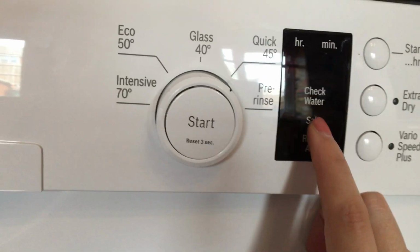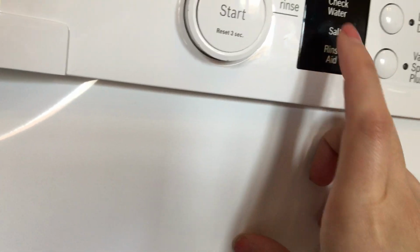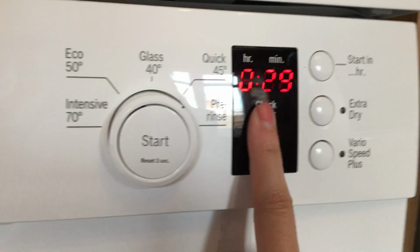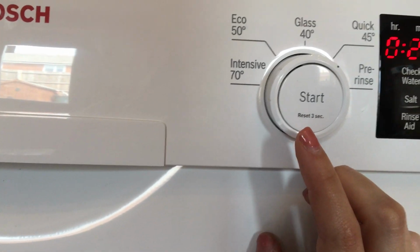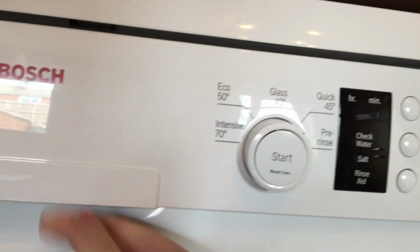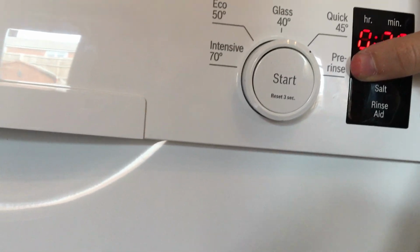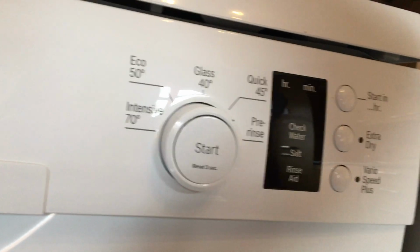You've also got here your check water indicator, your salt and your rinse aid, which tells you when all that needs to be checked and topped up. When you switch the product on, it also tells you how long you've got left, which is pretty handy. And the start button here, if you want to go back and choose a different setting if you've picked the wrong one, press and hold it for 3 seconds and it will cancel it off and you can choose a different one. It's also got a pre-rinse as well, which is handy if you're not ready to wash all the dishes because you need to put more in. You can use the pre-rinse, which will rinse the ones that are already in there